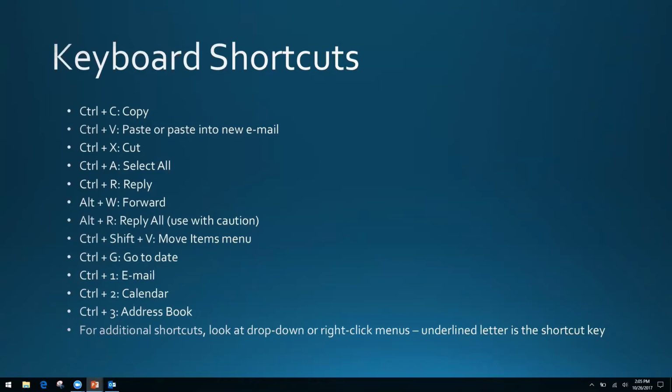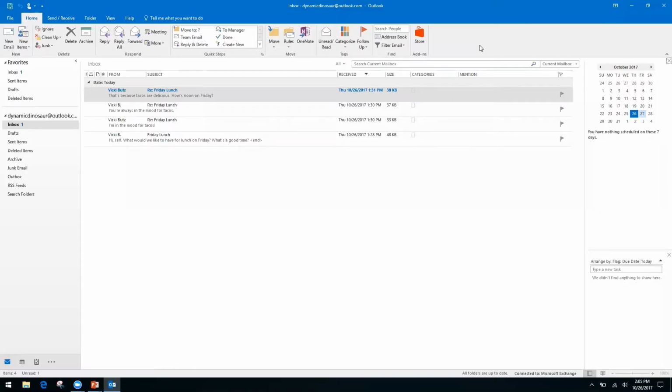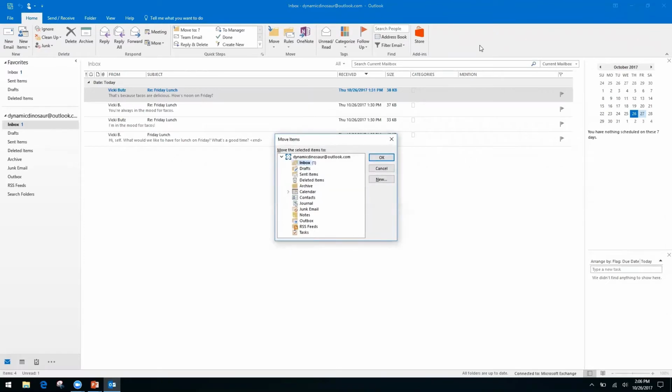Control-Shift-V is the Move Items menu. That one I will show you. Control-Shift-V is going to allow you to move emails automatically to your folders. So right now, this is a brand new demo account. There's not a lot in here. I don't have any folders set up. We are going to go into how to set the folders up, but I wanted to show you a brand new, bright, shiny, clean version so that we can see what it looks like when we start to do the customizations. But if you are someone that has lots of folders, dozens, hundreds of folders,